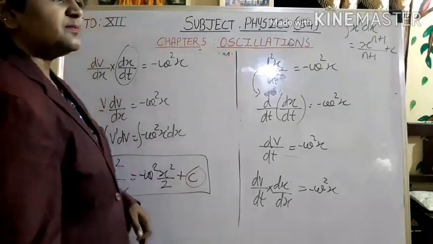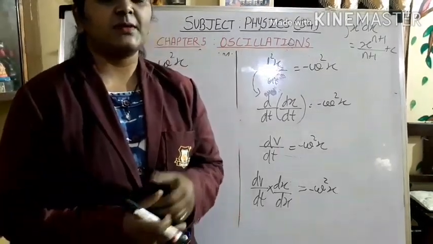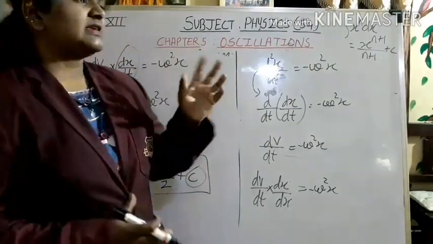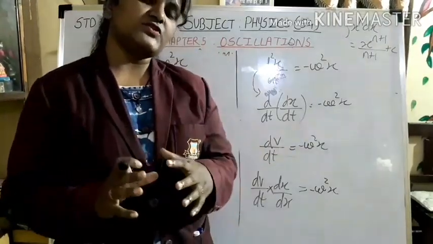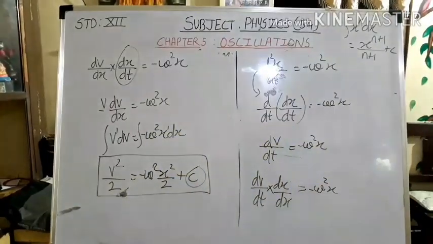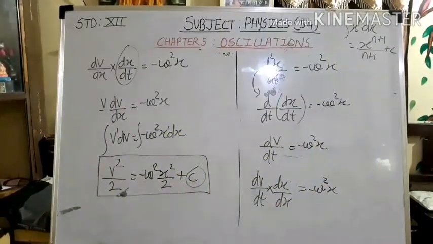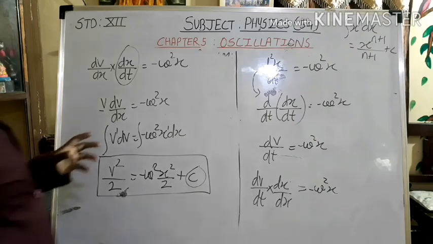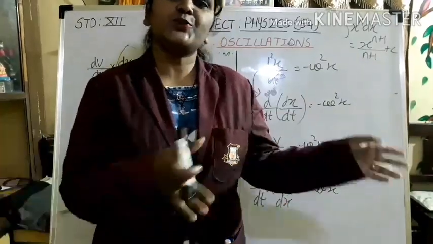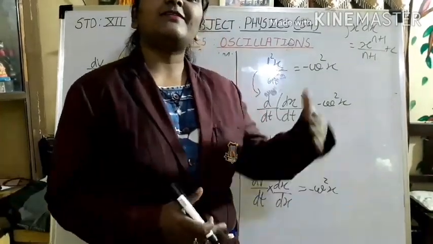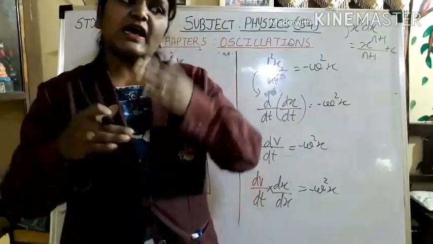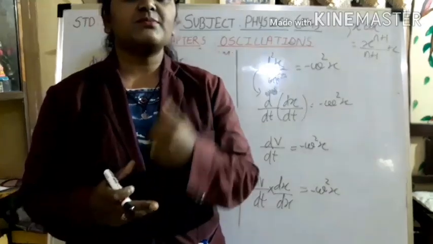Now what about c? We are going to find out the value of c by putting some values of x and v. As at the start we said that we are going to use the differential equation of SHM. As it is SHM, it will move from mean position to extreme position and to and fro, right? So when the particle is at extreme position, what happens to velocity? Now what are the extreme points for this?